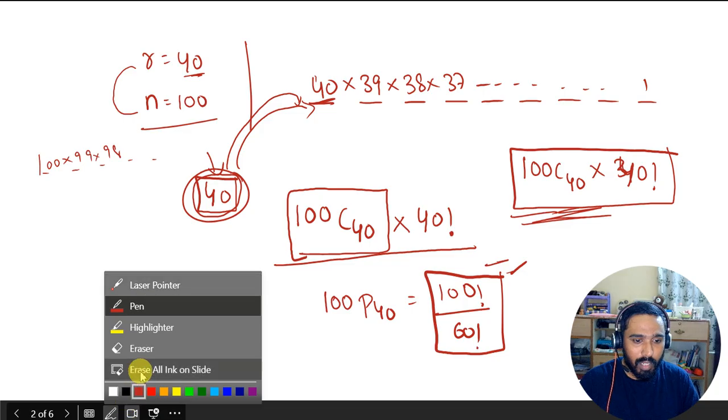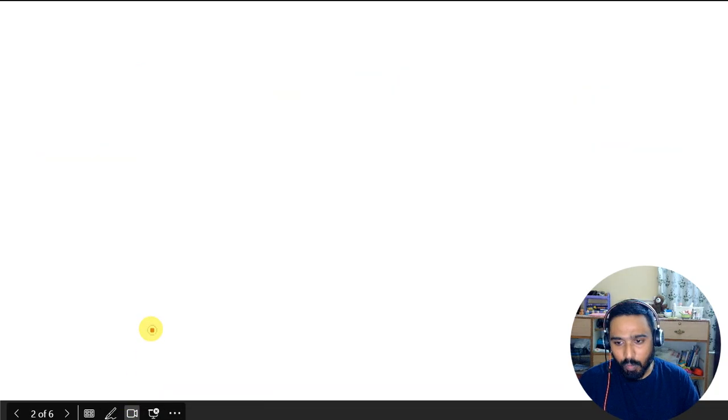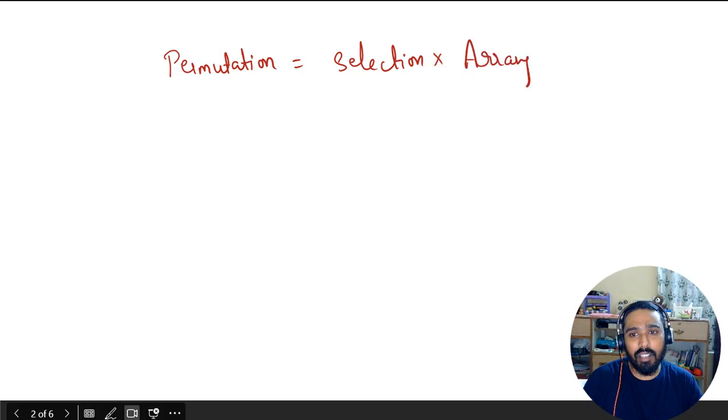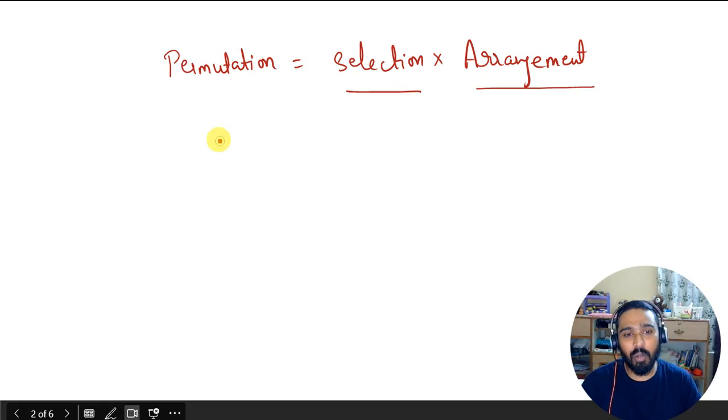Fine. So what I am trying to tell you is permutations questions can be done in two ways. One, directly permutation. One, first do the selection and then arrangement. Why am I telling this? The definition of permutation is selection into arrangement. Selection into arrangement. So whenever I am doing permutation, I am not only selecting them, I am arranging them also. Okay, तो यहाँ पे सिर्फ selection नहीं होता है, यहाँ पे arrangement भी होता है, and that is the definition